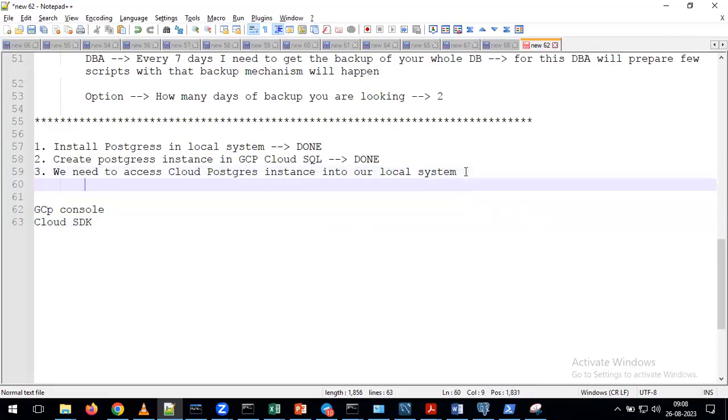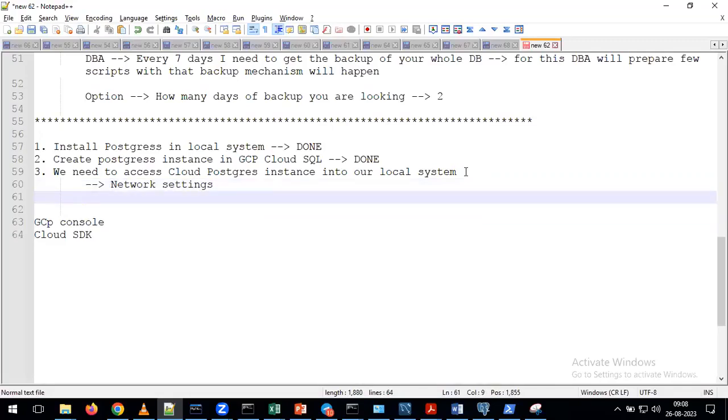To perform this activity, we are going to make some changes in the network settings. I am trying to explain all the steps we are going to perform in the next 30 minutes. Please try to understand all these steps, with that you won't get any kind of confusion. Otherwise, you will get a lot of confusion about why we are doing this activity or that activity. That's the reason. Please try to understand what steps we are going to cover in the next 30 to 40 minutes or the next 1 hour or 2 hours.